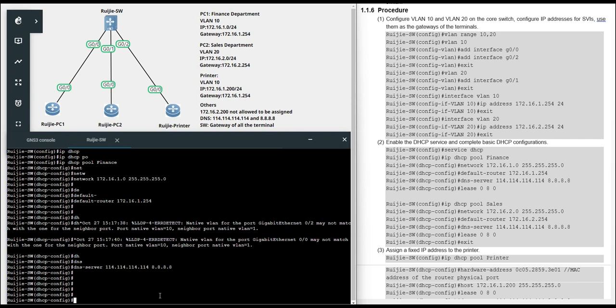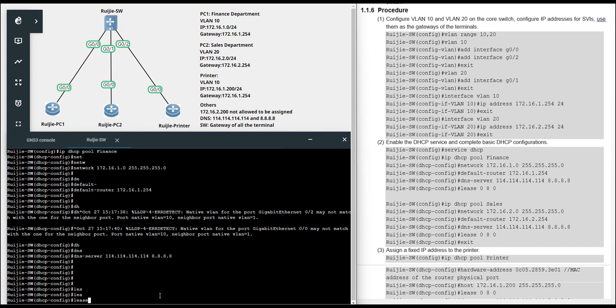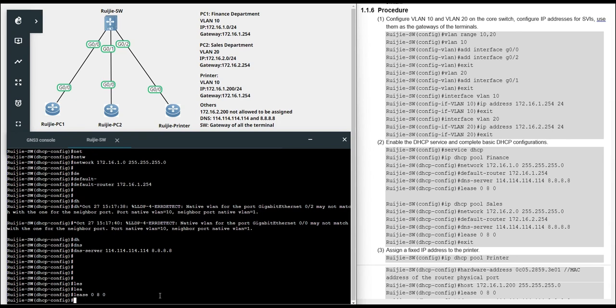And another setting is that we can set some time limit for the DHCP lease: 0 days, 8 hours, and 0 minutes. And after 8 hours, if the client still doesn't use the IP address, we will get the IP address back to the pool.